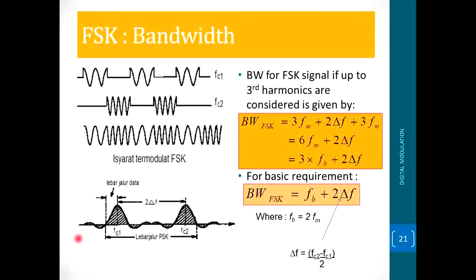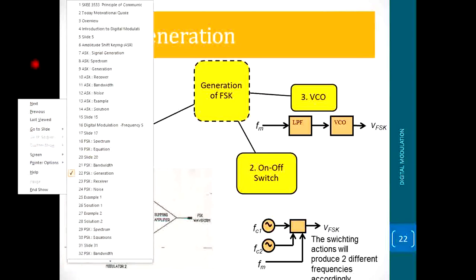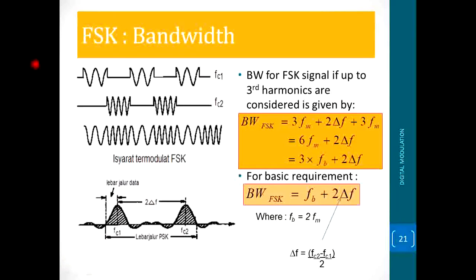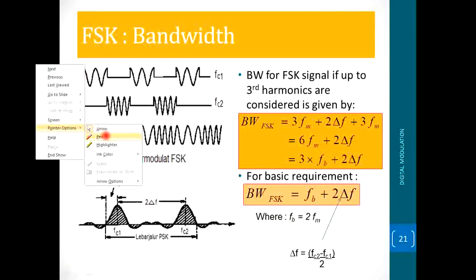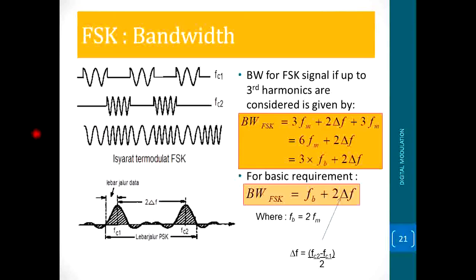For the bandwidth of the FSK, for example, for the bandwidth of frequency shift keying, if the signal has the third harmonic, so that means for the bandwidth for FSK signal, if up to third harmonic,